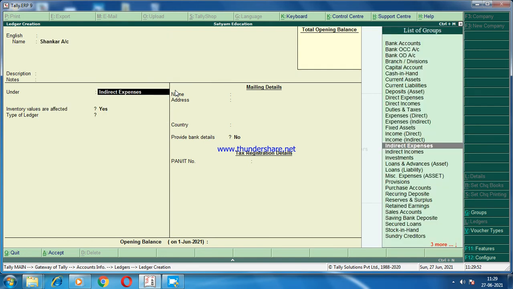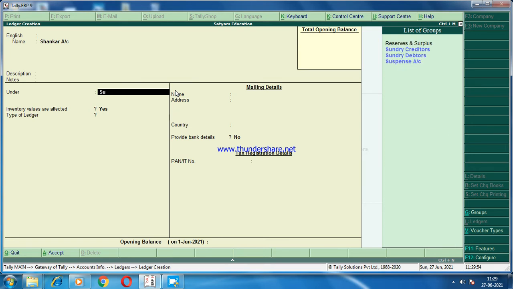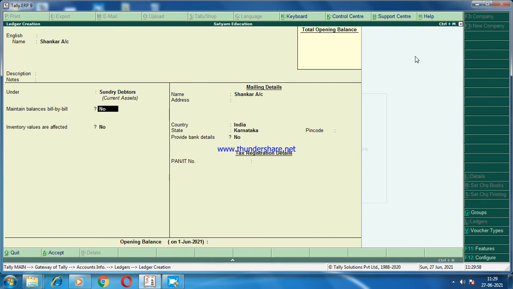Here I will write the sundry debtor. In the group I will select sundry debtor. Maintain bill by bill. See here, if he is a debtor, if he is a regular customer, if he purchases the material regularly and bills are deferred, so you need to set the yes option.